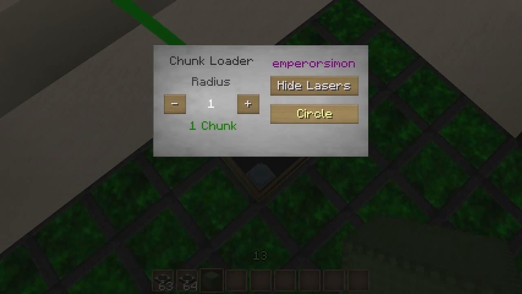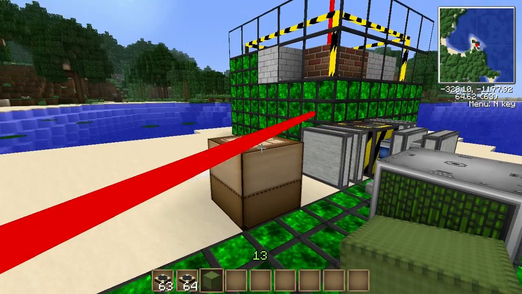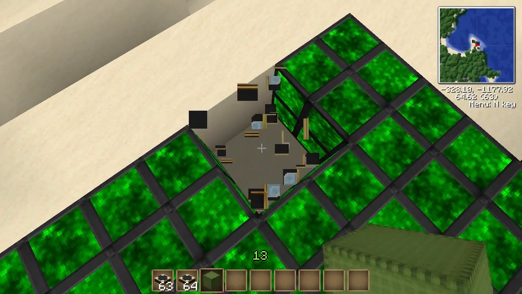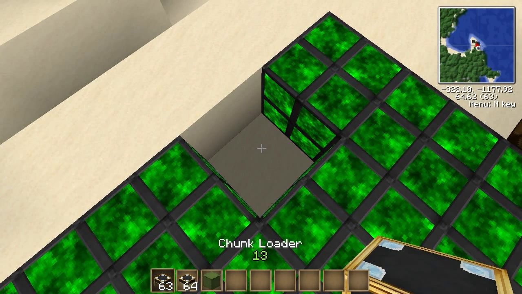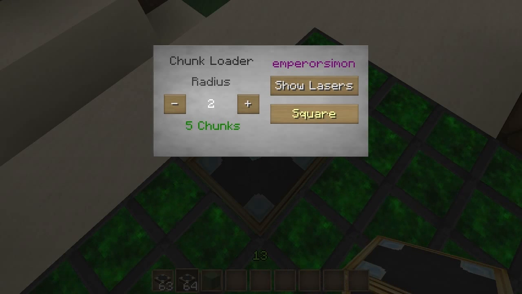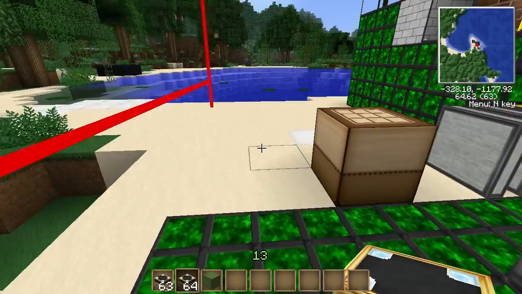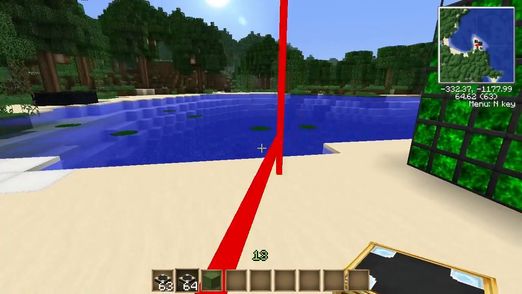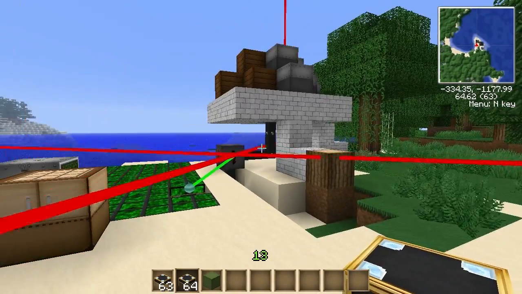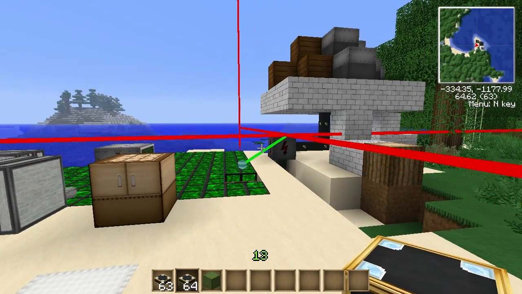So there's that. Line X. Let's see how that looks. Let's try line Z. This shouldn't make much difference because Y would be the only one that looks different, I would suppose. So line Z, so